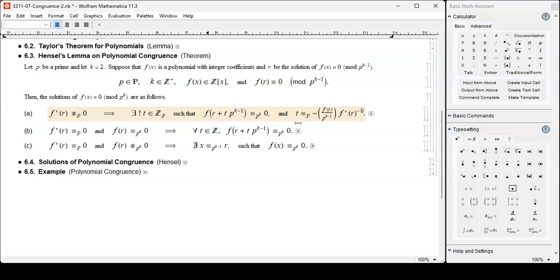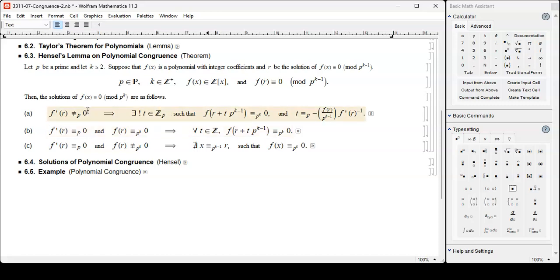But in this particular case, when t is congruent to negative of f of r over p to the k minus 1 times f prime of r to the negative first power, in that particular case, it works out so that we have congruence 0. So we have the solution of this congruence, and not only that, the existence is unique. So we have a unique solution. That's case 1. Now case 2,